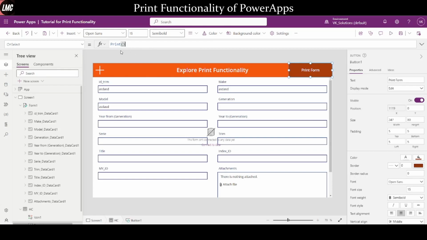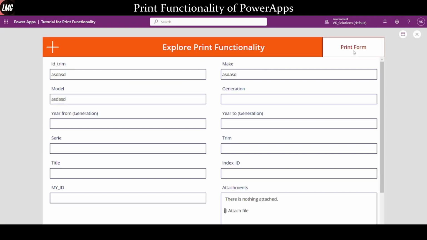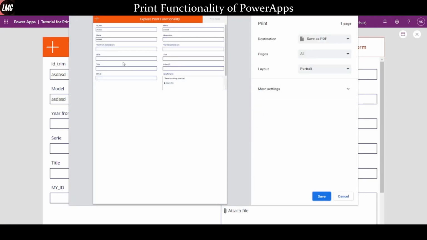Print function is this much only. Okay, if I play the app and click on this print form, see, it will print the form like this, but it is cutting this area, and most part of my page is blank,